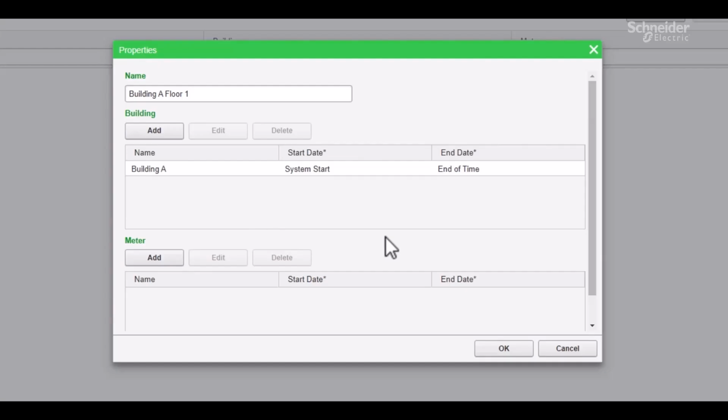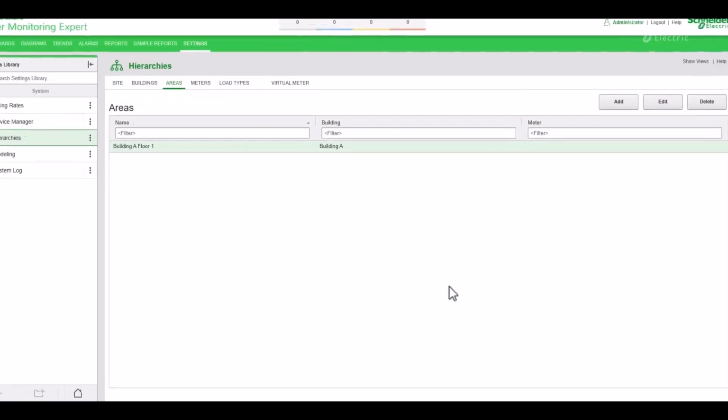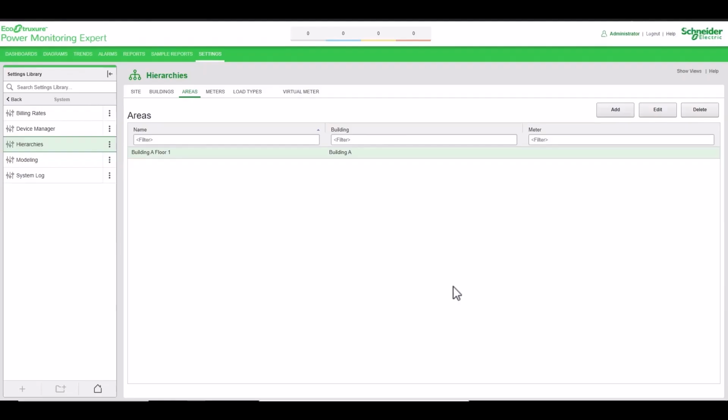We are going to skip the meter property because just like in previous nodes, the menu selection is blank as there are currently no meter nodes present in the hierarchy. Click OK on the Properties window and you will now see the row entry for our first area node. We are going to repeat this process to create Building A Floor 2, Building B Floor 1, and Building B Floor 2 and associate them with their respective buildings.